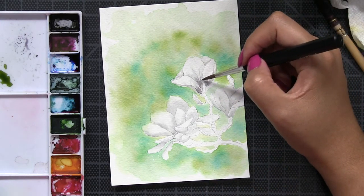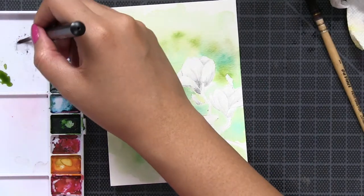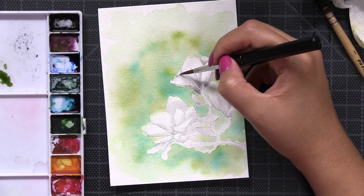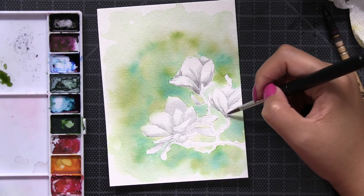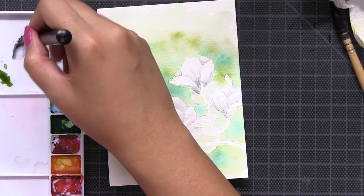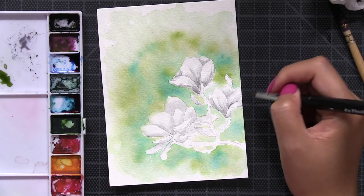If you want to try out this technique using watercolors, I would suggest going with a larger stamp with bigger images in it first. Maybe something like our rose close-up is really great for practicing. I did practice using that stamp before this, and then I kind of dove in headfirst with our magnolias. But if you've never done this before and if you're a little intimidated, I would suggest starting with a stamp